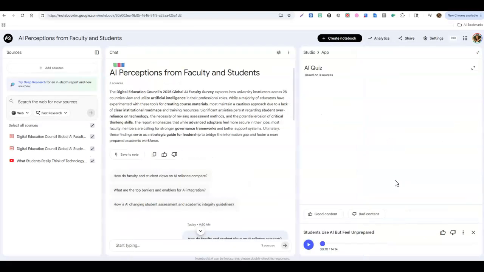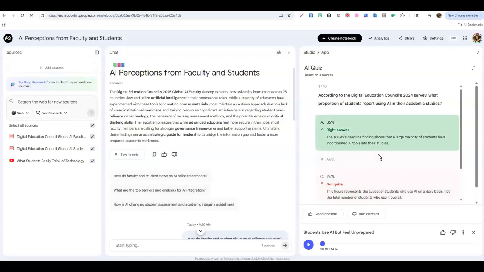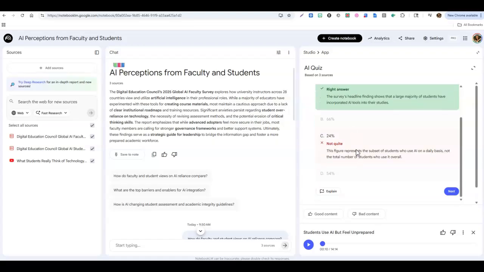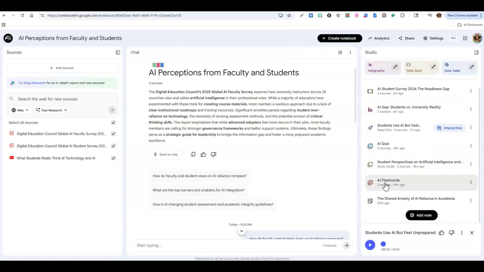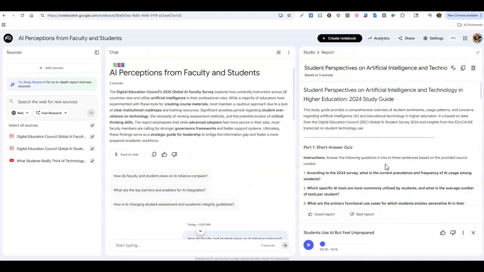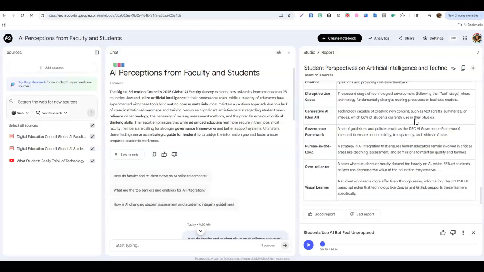We've got an AI quiz here that we developed. We can flip through these, go to the next one. It told me the right and the wrong answer, or why it was the wrong answer and what the right answer is. We have got flashcards here. Oh, I skipped one. Sorry about that. This is the study guide, which just kind of gives us some information